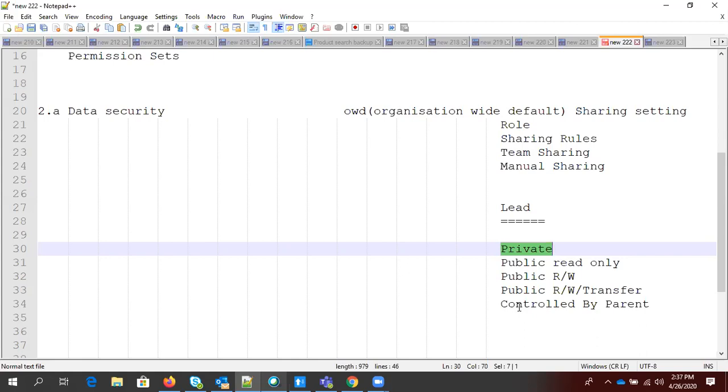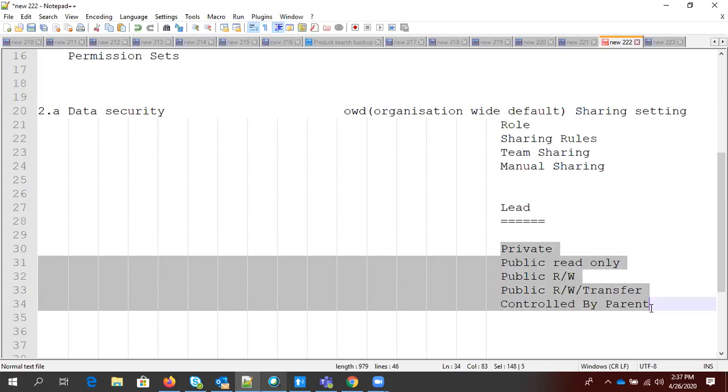So I will just show you a slide in which you will understand what the basic thing is and what you all can do. Did you understand these four pick list values we are having in OWD? Pradeep ji, one very minute question. Can you come up again for control by parent?